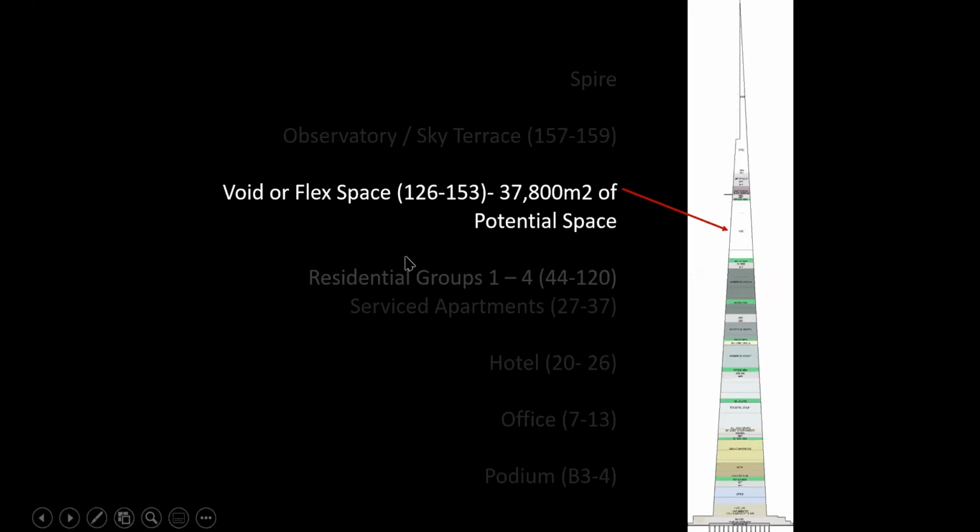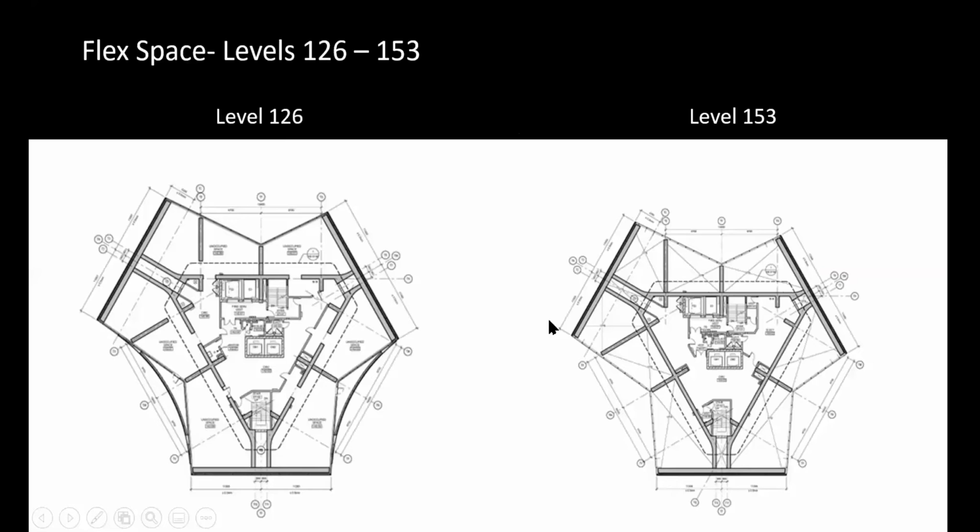Between the top of the residential, we have a flex space which allows for the insertion of future floors should the marketing go well. It was kind of a lesson learned on Burj Khalifa, because you remember Bill mentioned that we actually changed use of the whole upper residential tier from